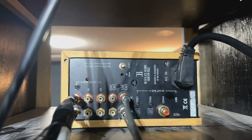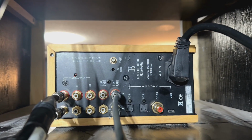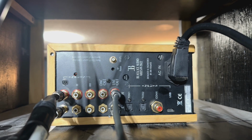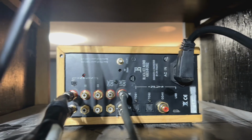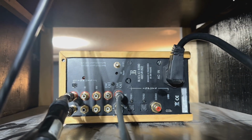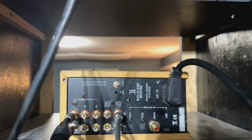Basically the sound of Leo's DAC, and with a little bit of tubey goodness on the output end of things. All right, so that's my very brief review of the DAC section. Can't really speak too much about it, but as you can see, what I've done here is